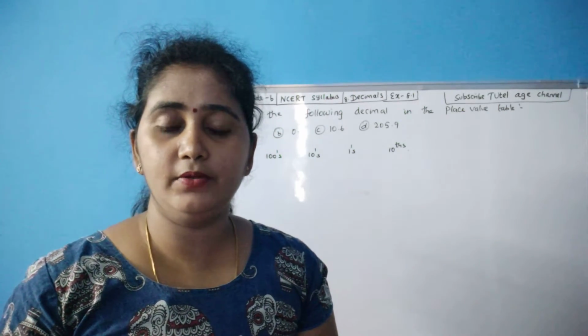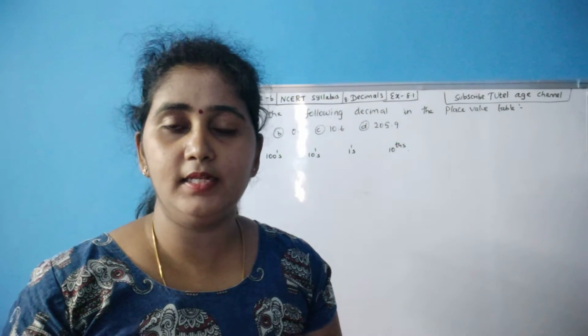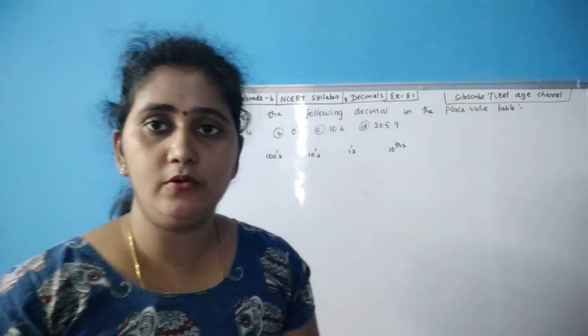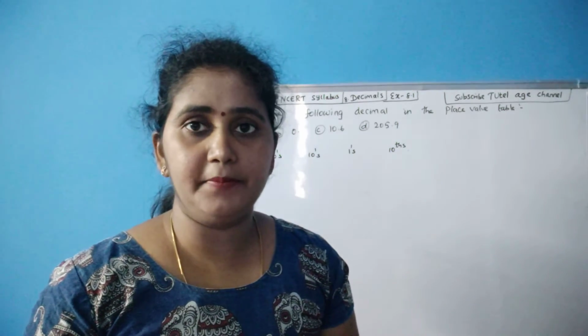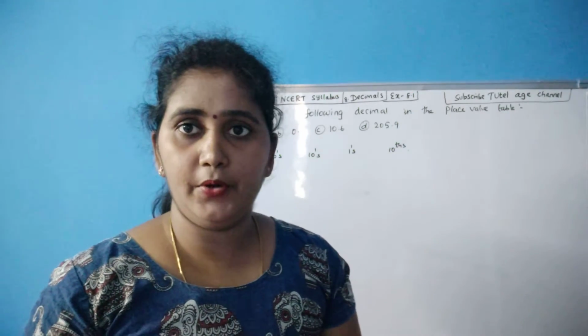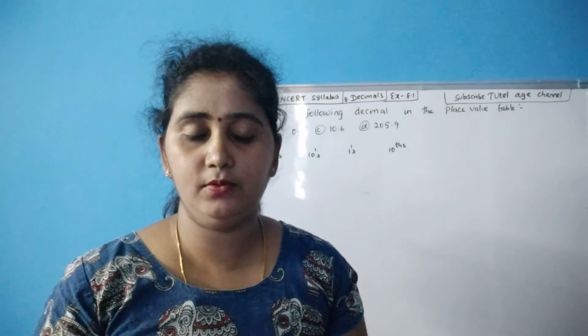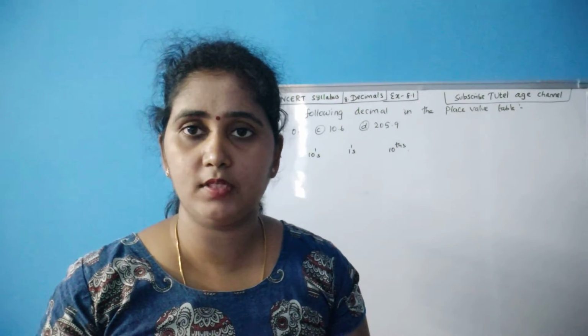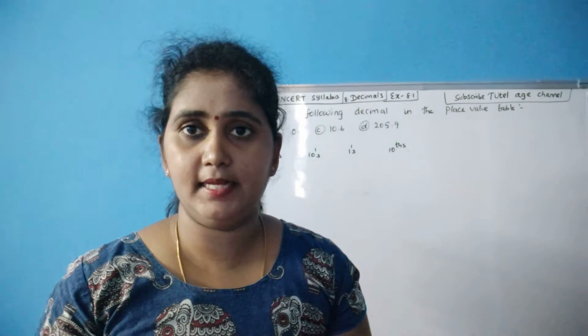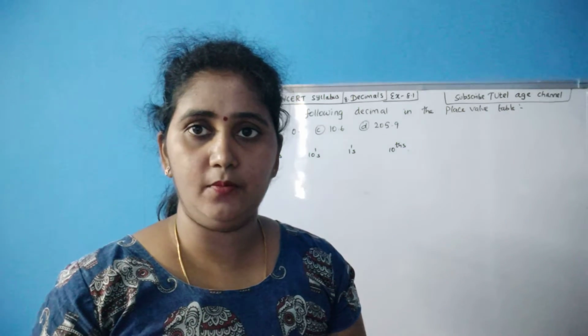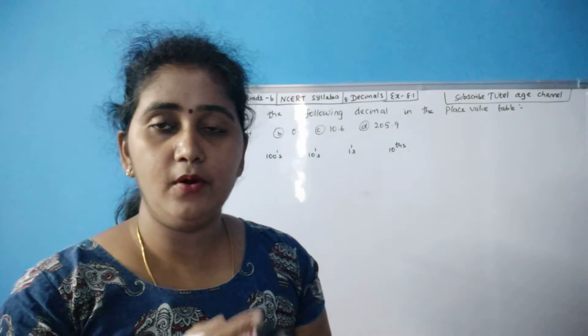So today we are going to see exercise 8.1, that is the decimals chapter. So we will see how to solve the sums in the decimals chapter. In your exercise 8.1 I have skipped the first question because the diagram is a little bit difficult for me to draw on the board. If you refer to the book, you can easily solve the sum yourself by referring to the example sum. That's why now we will directly move on to the second sum.